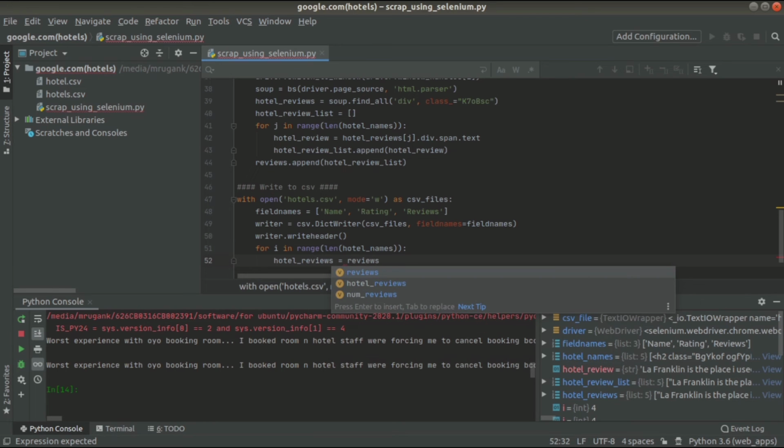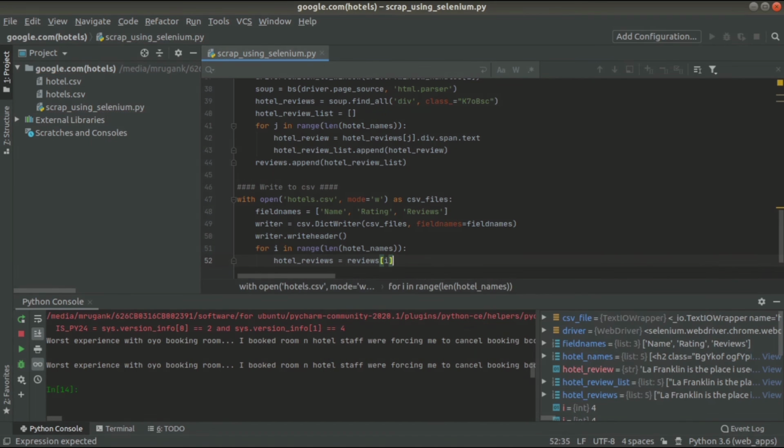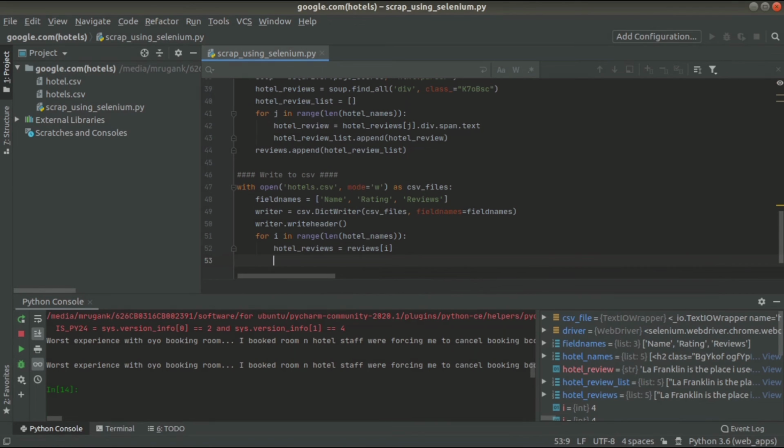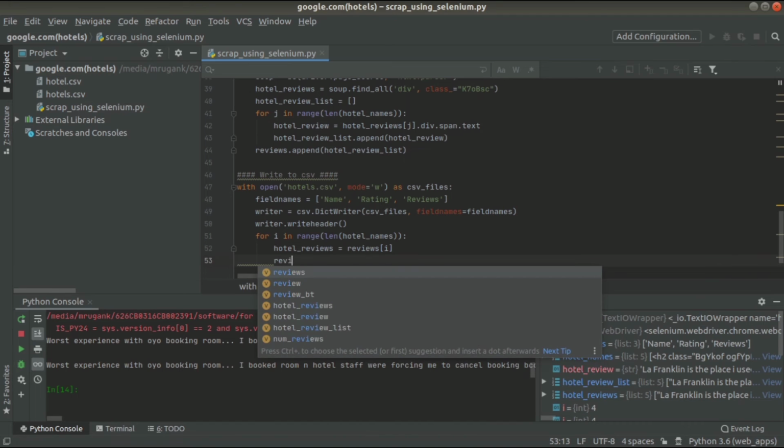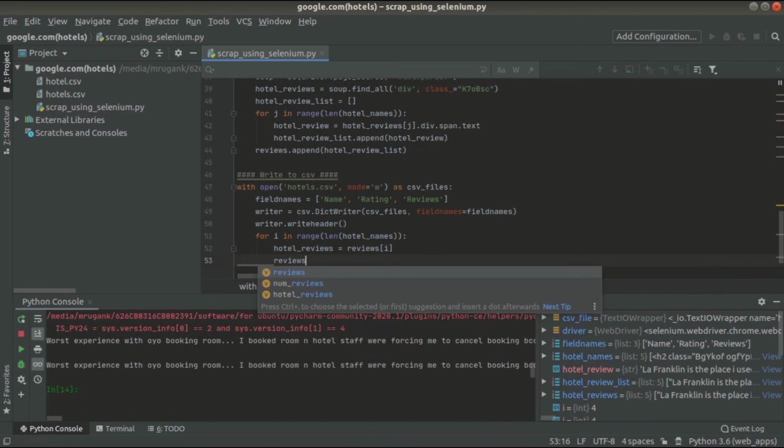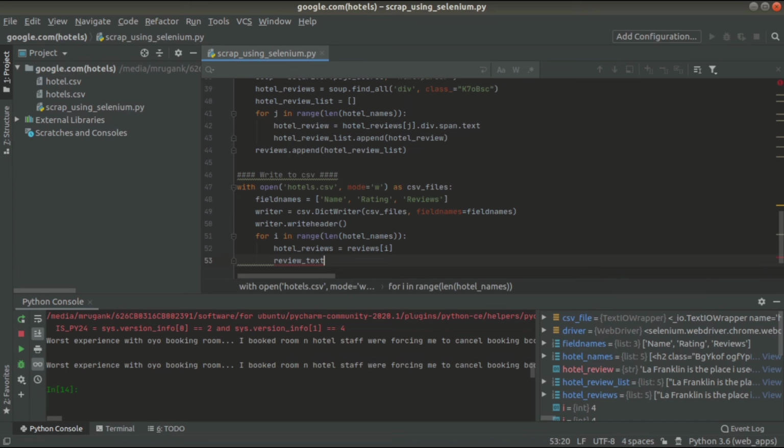Reviews is actually a list of lists, so each hotel has multiple reviews. We will convert that entire list into, let's say, review text, right? I'll have two newline characters. You can have one if you want. I'll join it,